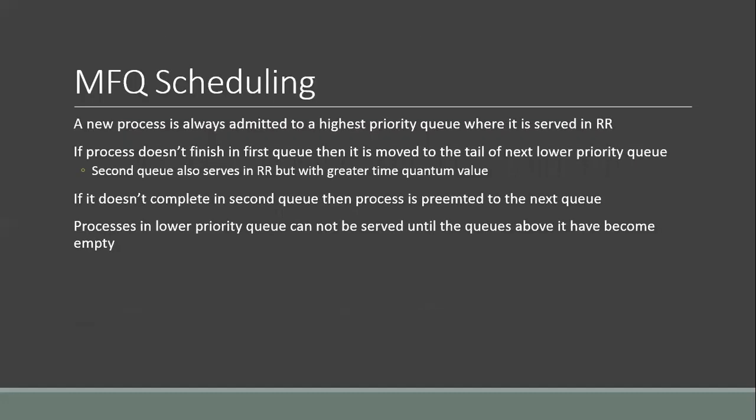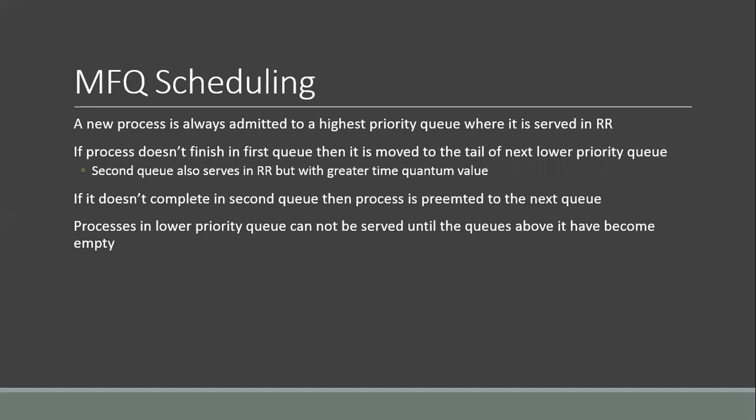So how is scheduling done in multi-level feedback queue policy? A new process is always admitted to the highest priority queue where it is served in round robin. This means upon arrival, a new process will be allocated to the highest priority queue. And the processes in the highest priority queue will be scheduled using